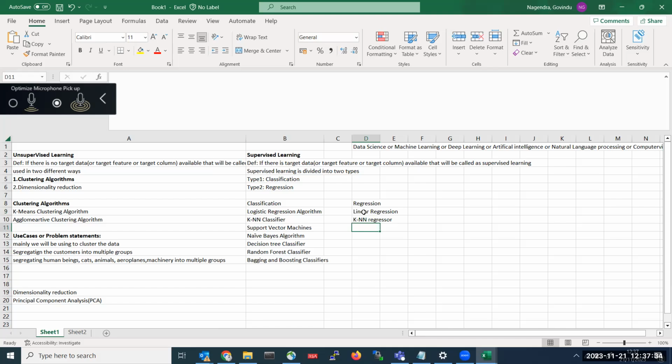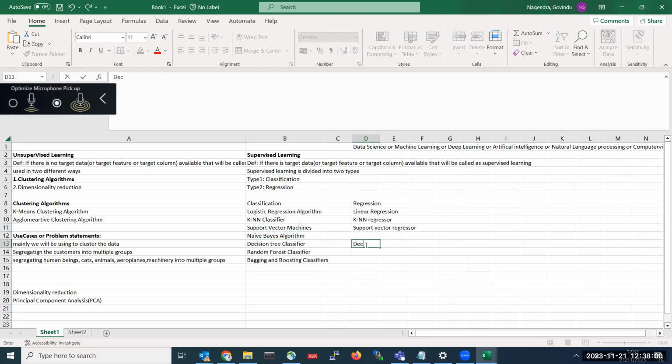We do have support vector also, support vector regression. If you are using it for classification, these are support vector classifiers. If you are using it for regression, it is support vector regressors. There is no naive Bayes for regression. Naive Bayes is only for classification.